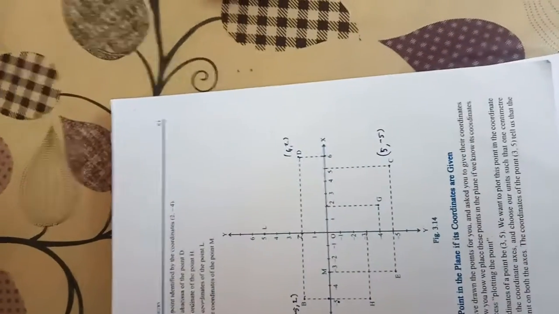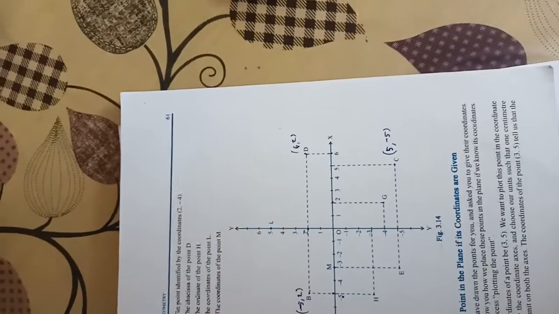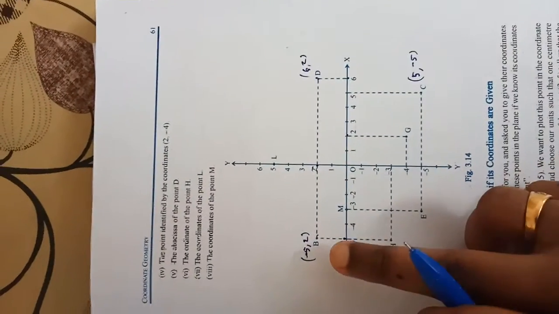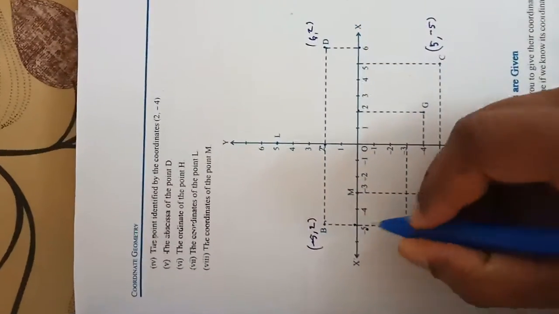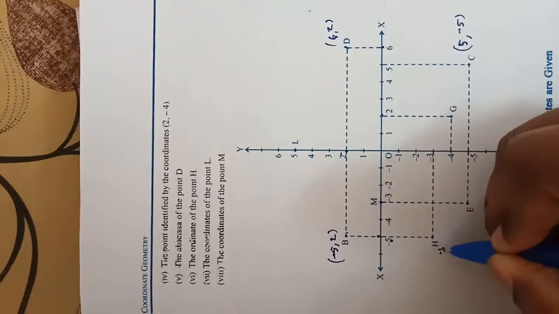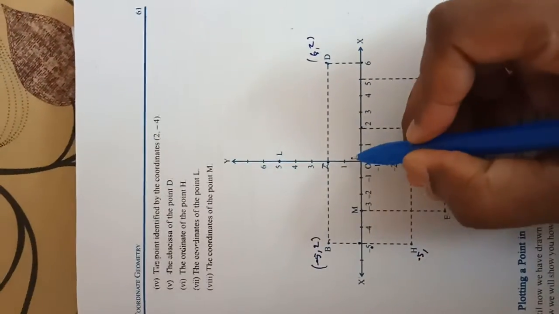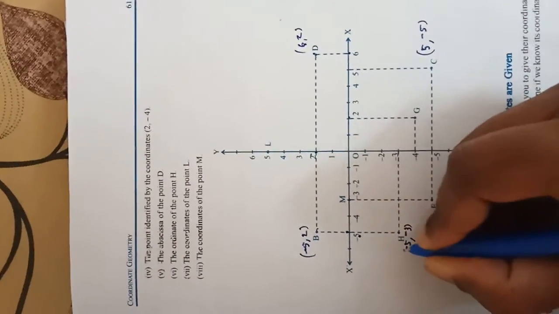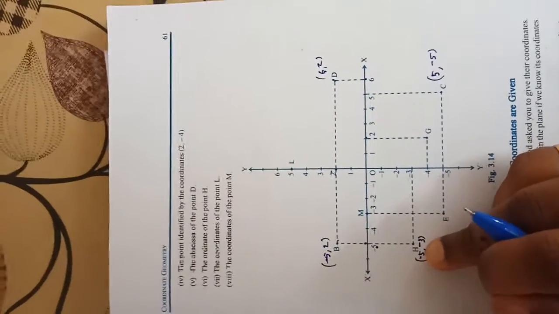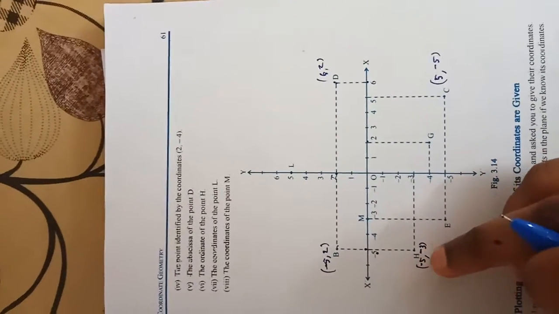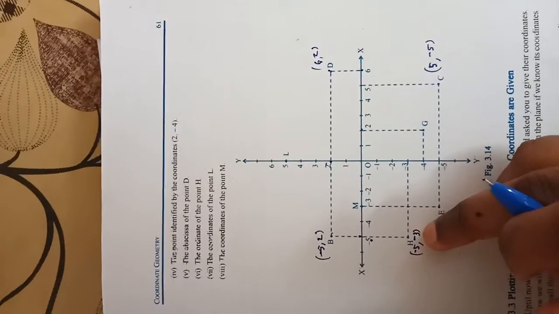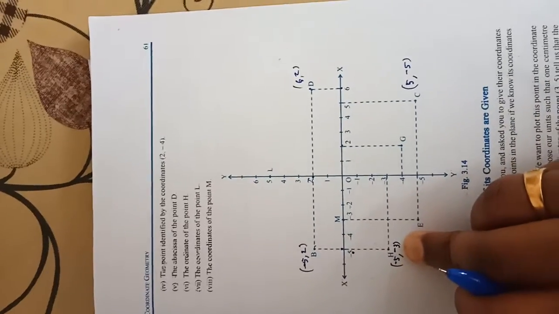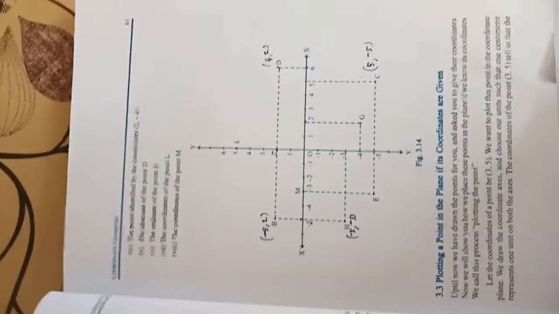Next question, part 6. The coordinate of the point H. Where is H? The point H is here. So the points are, first x point -5. H is meeting here, -5, comma. Y point is meeting here, minus 3. So the question is not asking about the point, the question is asking about the ordinate of the point H. Ordinate means we have to write only the y point. So what is the ordinate answer? Ordinate is equal to y value. What is y value? Second one, minus 3. So ordinate is equal to minus 3.